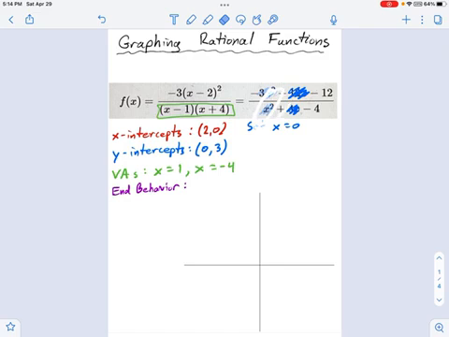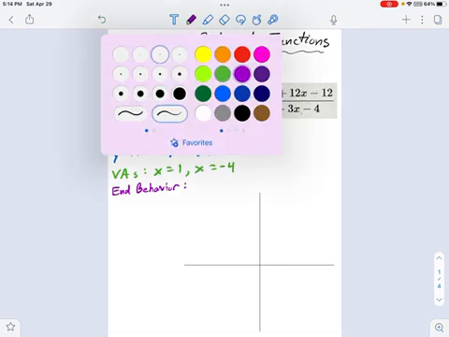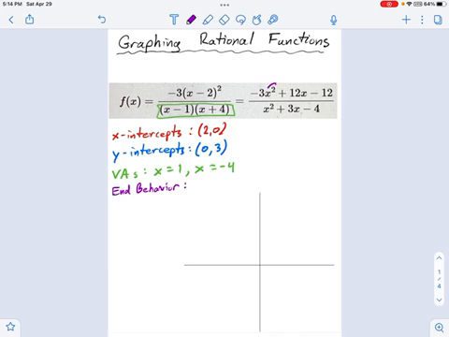And the last feature I'm going to come around to is the end behavior, or the end behavior asymptote. Look at the balance of this function. I've got an x squared on top, x squared on bottom. That means equal weights. Okay. Now you might look at this and say, well, that's not equal weight. You forgot the 3, right? What about the fact that this is actually a 3x squared? Well, it doesn't matter about the 3. All I care about is the exponents, not the coefficients.